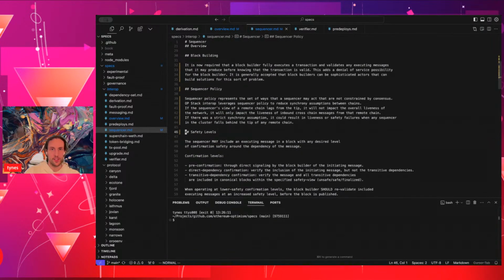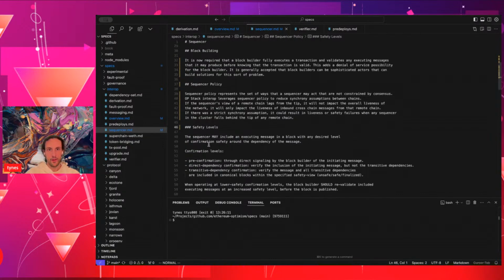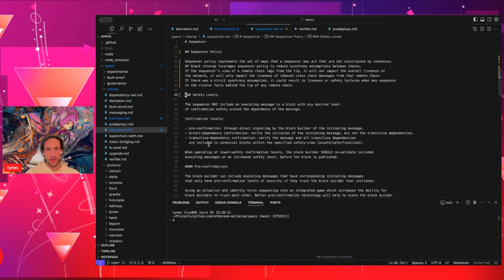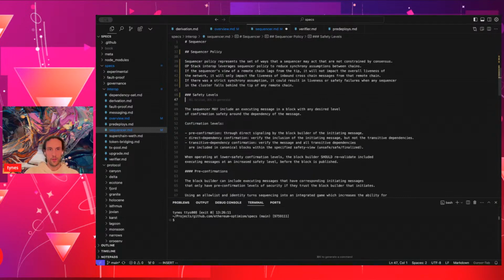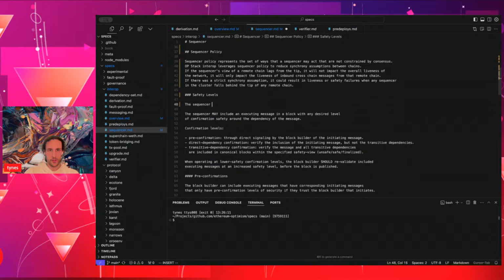Safety levels are a section inside of sequencer policy. The sequencer may include an executing message in a block. Let's say the sequencer may include an executing message with any level of